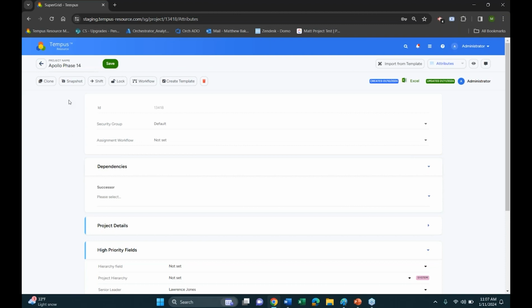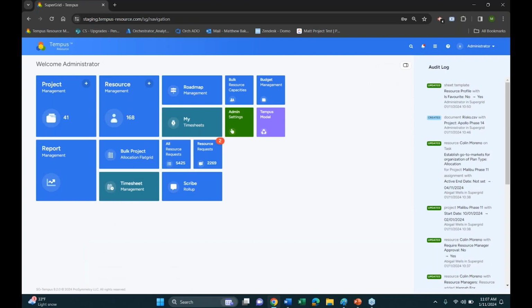Just wanted to make sure we knock those out. There's some additional enhancements and just a continued effort on the Prosymmetry side to make sure that we are making the product as accessible to our users as possible. But with that being said, I will want to move into the first area where we have some major